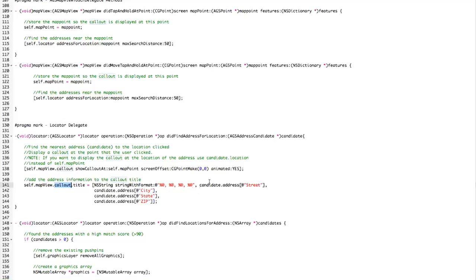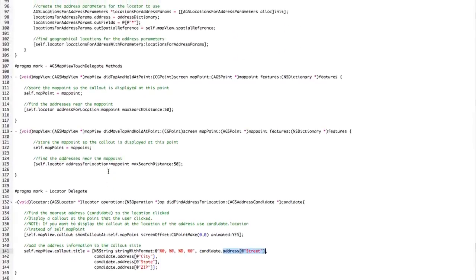And very simply, we can go and take a look at the candidate address that comes back, and we can pull out things like the street, the city, the state, and that's what we were showing in our call out. So very, very easily you can put together reverse geocodes in your app. For doing geocoding,